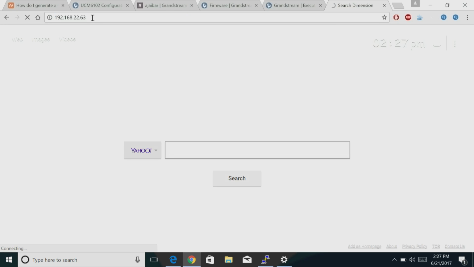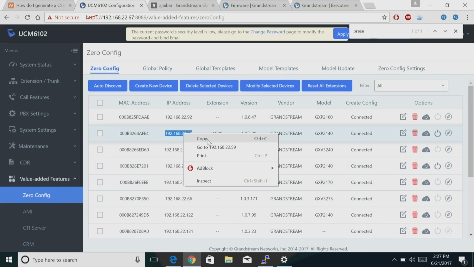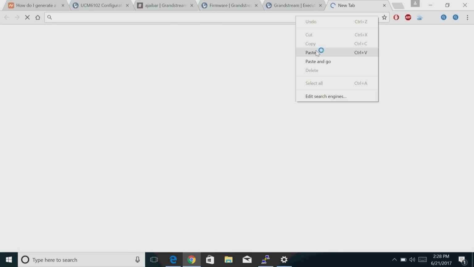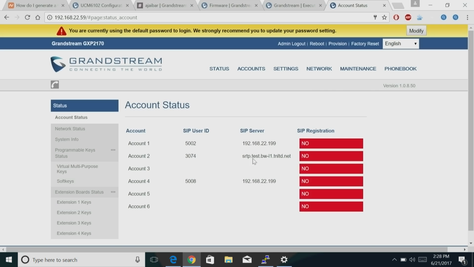Right, anyways, where I was going with this is with the programmable keys, I can just set the button, instead of using BLF, I use presence instead, and then I put the extension of the presence that I'm trying to reach. Let me do a last try with this IP. If it doesn't work, then you get what I'm saying. You just program a button to do, instead of doing BLF,